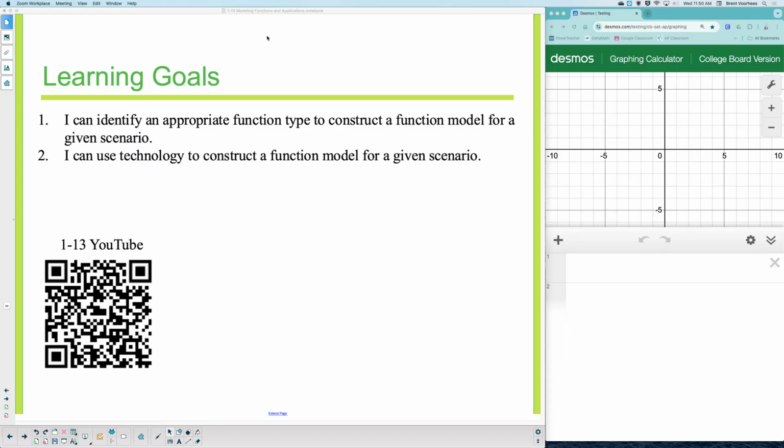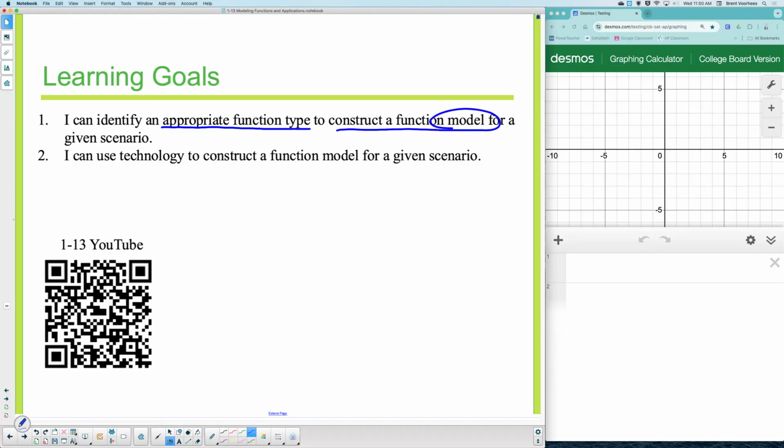Lesson 1-13. Today, we're going to take a look at what we call regressions. If you look at your learning objective, what we're focusing on today is we're going to look at data and come up with what we call an appropriate function type. Not only that, we'll construct a model. Model being a key word that the calculator is going to call a regression. I'd encourage you to write that down because that's the button we're going to be clicking here in a moment